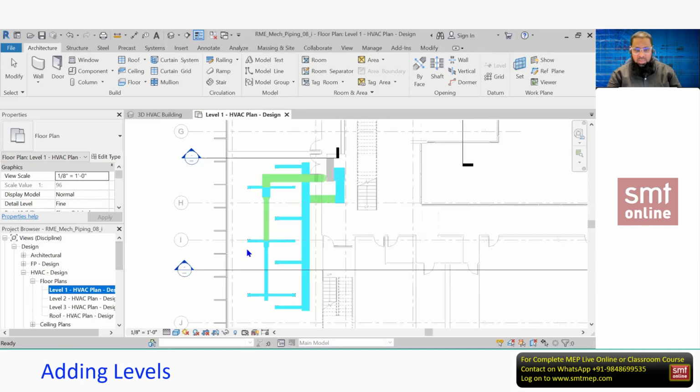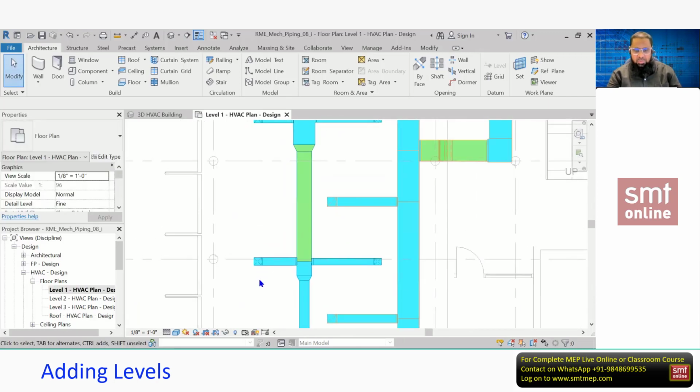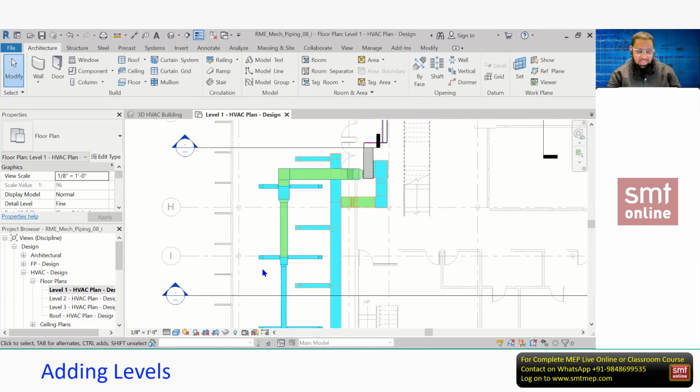For example, at the time of editing, I want to edit this duct, and this diffuser is creating an obstruction or disturbance for me. So temporarily I can hide it. Later, after completing that, I can reset. But permanent hidden means as per the required view. For example, if you're dealing with the lighting view, we can hide all the diffusers. If you're dealing with the ducting view, we can hide all the pipes, etc.